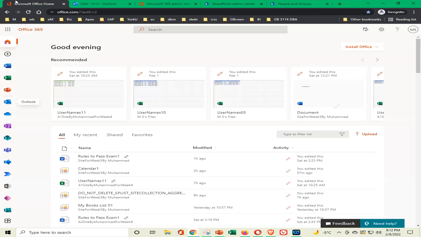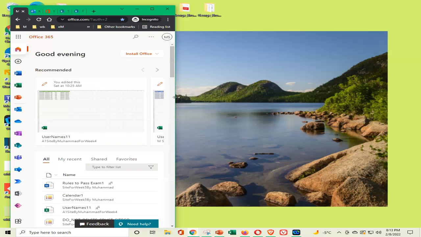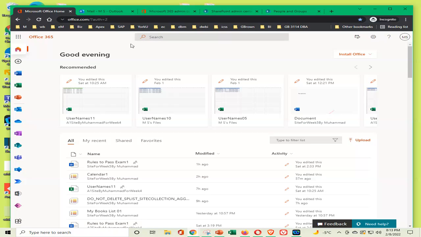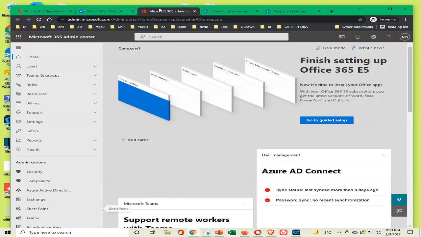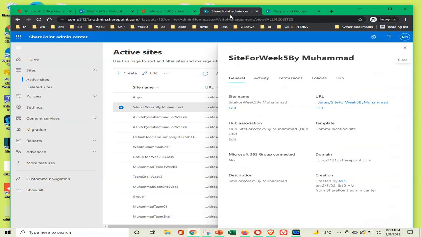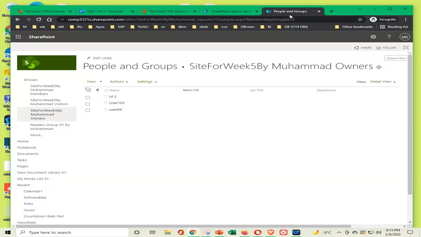And I want to go back, but this... Okay, this is my Office 365 main page. This is my Outlook. This is my Office 365 Admin Center. And this is my SharePoint Admin Center. And then this is my special folder